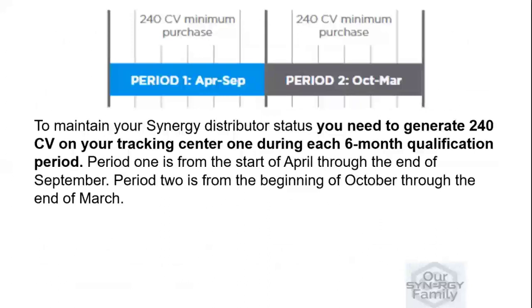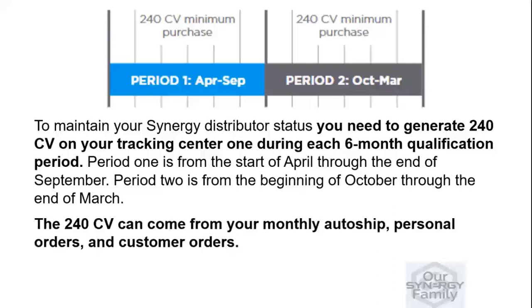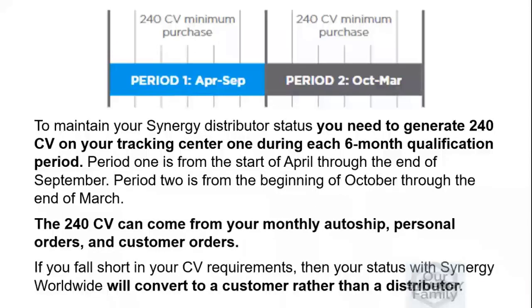To maintain your Synergy distributor status, you need to generate 240 CV on your tracking center 1 during each 6-month qualification period. Period 1 is from the start of April through the end of September. Period 2 is from the beginning of October through the end of March. The 240 CV can come from your monthly auto ship, personal orders, and customer orders. If you fall short of your CV requirements, then your status with Synergy Worldwide will convert to a customer rather